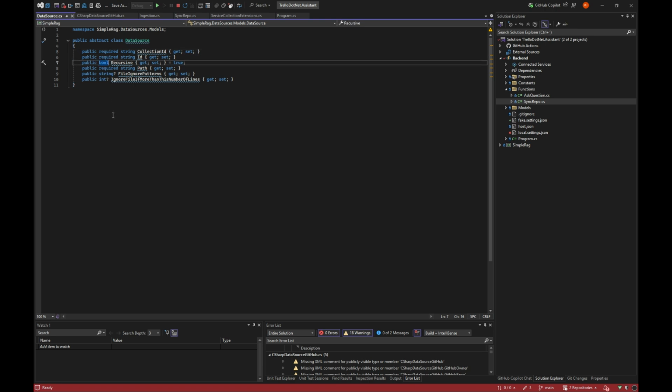But these are just things like where the code or the files that we need to RAG are located, whether they are recursive, do we need to get them, are there certain patterns we need to ignore, and are there some files that are so big that we don't even want to RAG them because they are auto-generated stuff that we don't need.